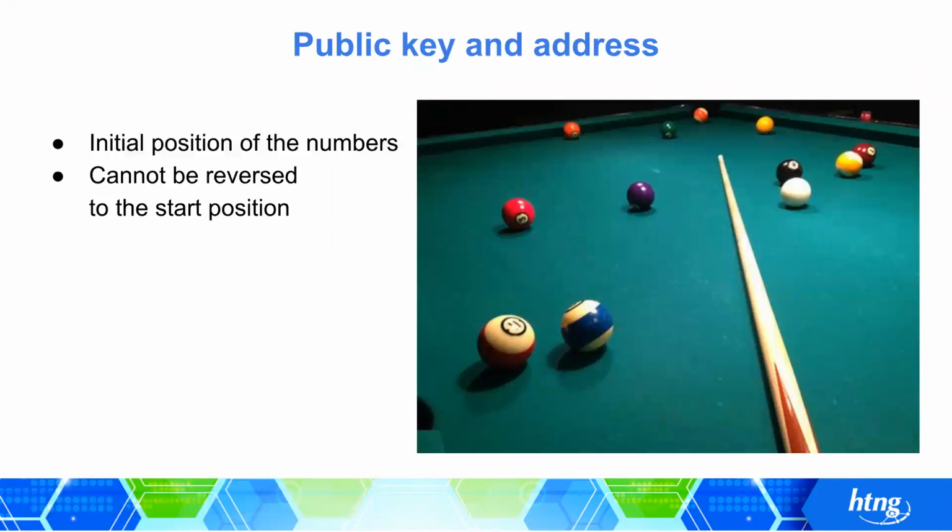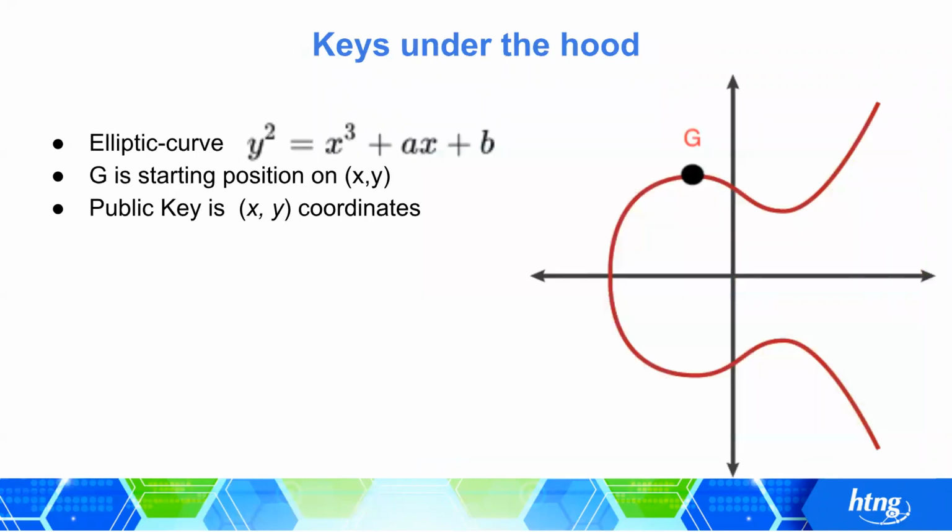And after knocking the start position of balls, we see just mixed balls on the table. In this case, we can compare it with the public key, which was generated from the start position before we knocked in this game. Of course, this is a simple example, but under the hood, we use math,